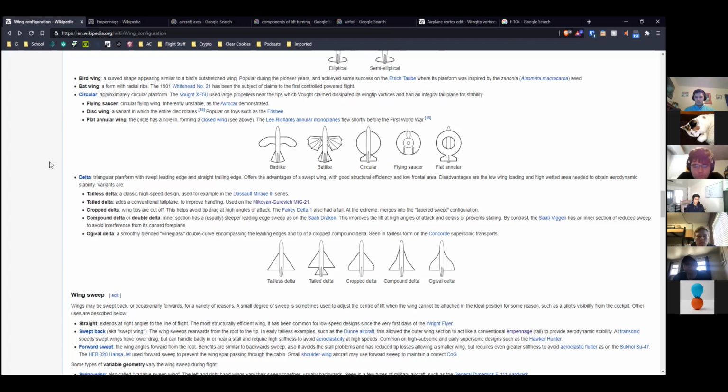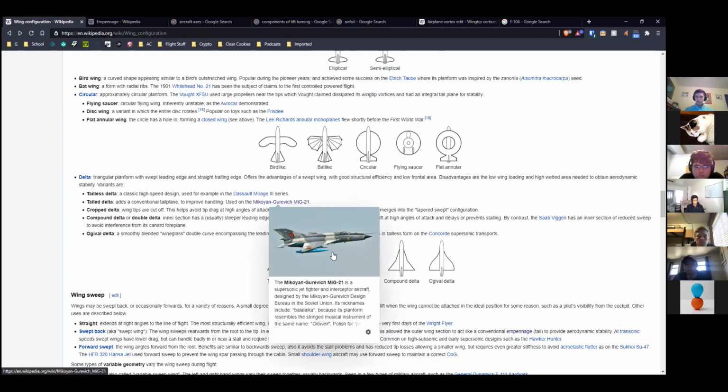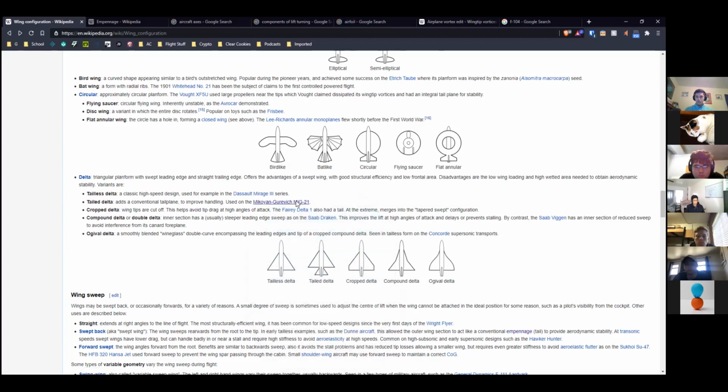because you have to fly pretty fast to get the drag reduction benefits, and so they have pretty high induced drag at slow speed. For example, the MiG-21 that's mentioned in here, this thing has an insanely high stall speed, which means it's hard to land and stuff. So how you implement the delta also can get into the tail,